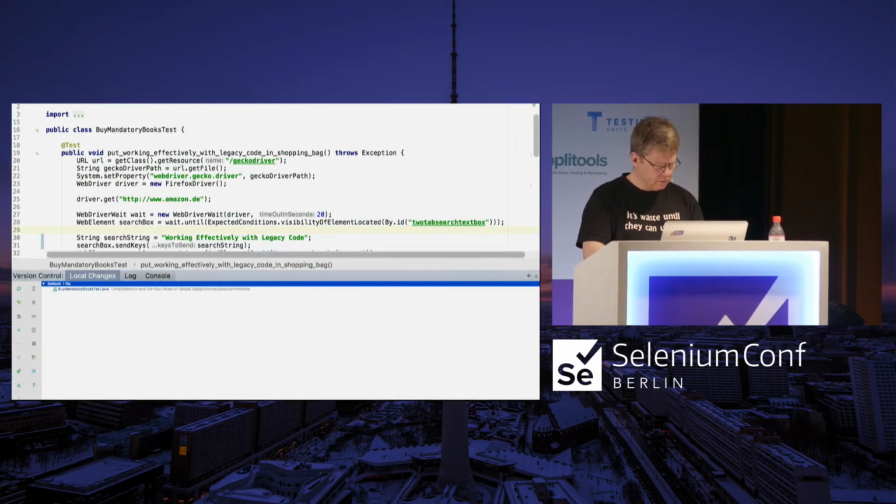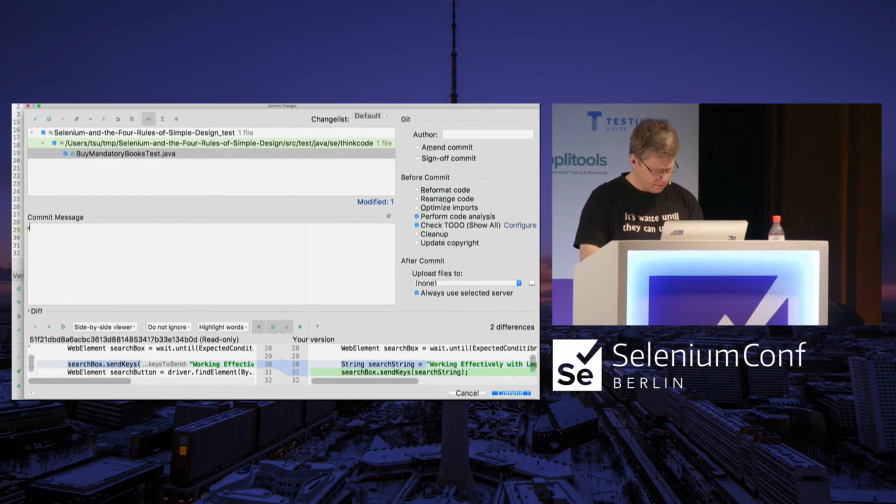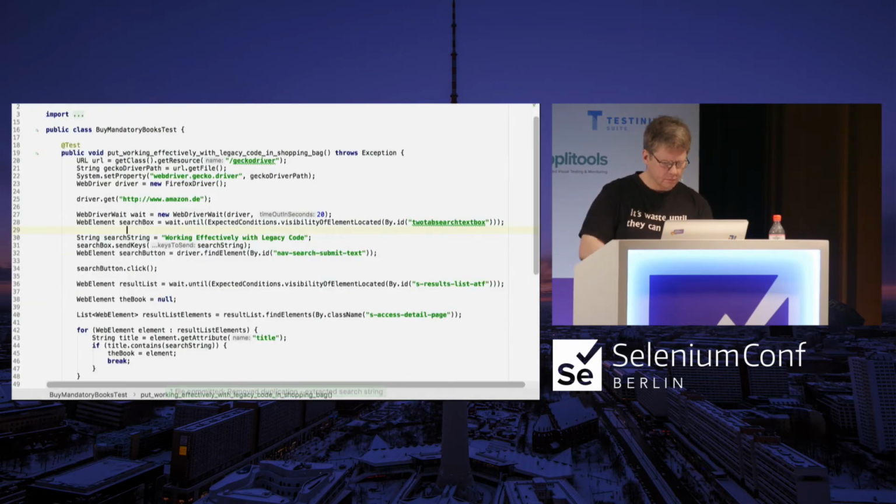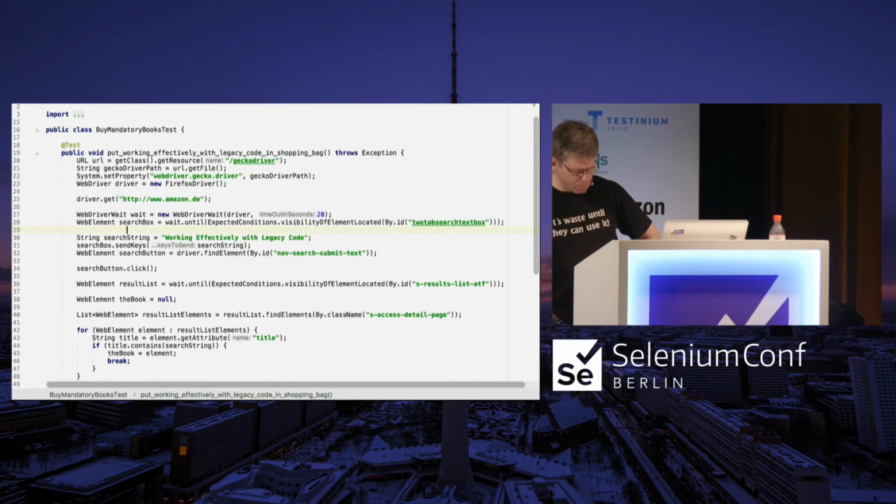And this commit will be removed duplication, extracted search string, like that. Okay,